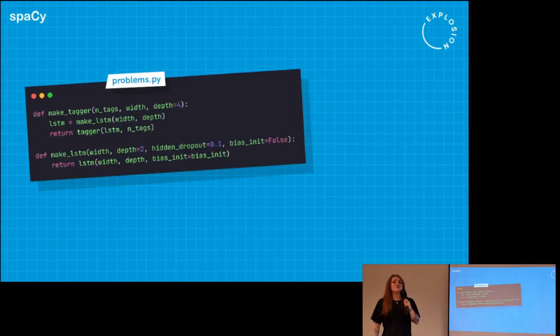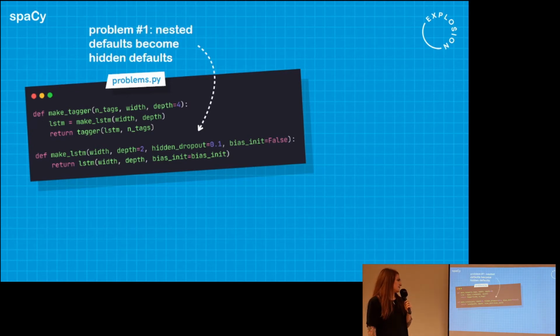So there are lots of problems that you typically come across. Maybe some of them you're familiar with if you've worked on machine learning problems. Here we have just a simple example of a tagger model that's configured with some settings. And one problem is, each of these components, if you're writing good modular code, of course also has different configuration settings that have defaults so that you can use them independently.